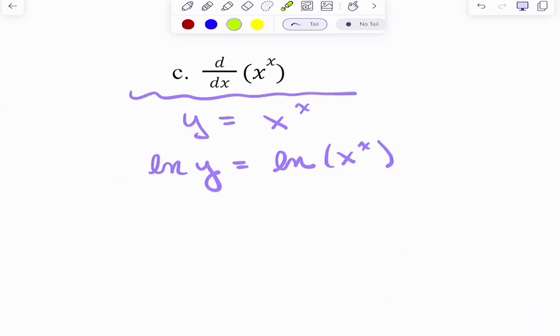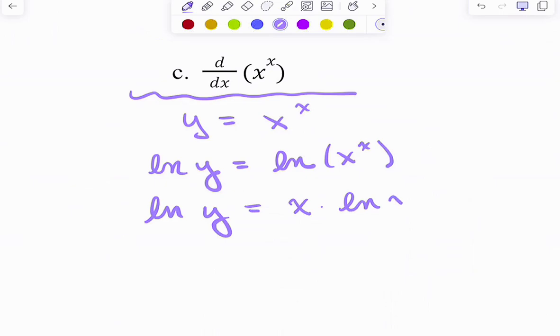Okay, so now let's do something with this. Natural log of y is going to hang out for a minute. I'm going to bring out my exponent, right? This is still legal. Okay, now let's take the derivative. I got rules for taking this derivative. So I'm doing d dx